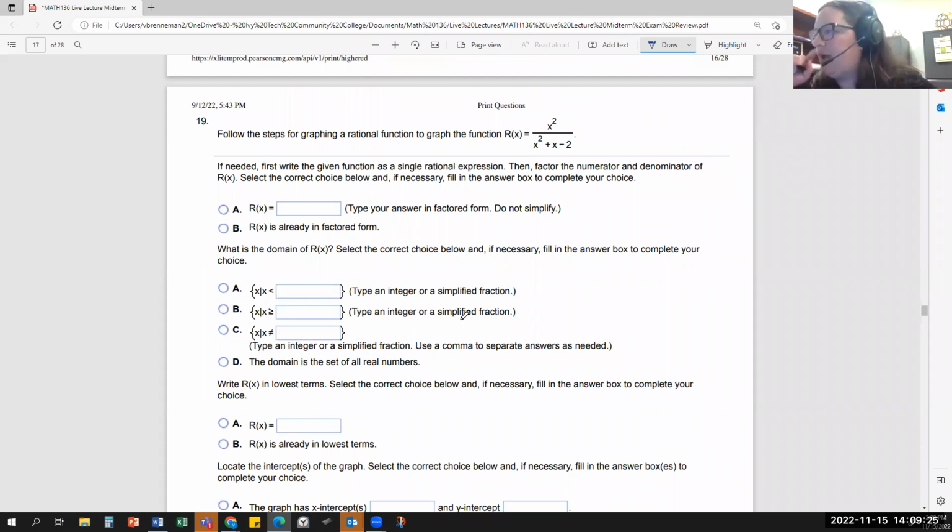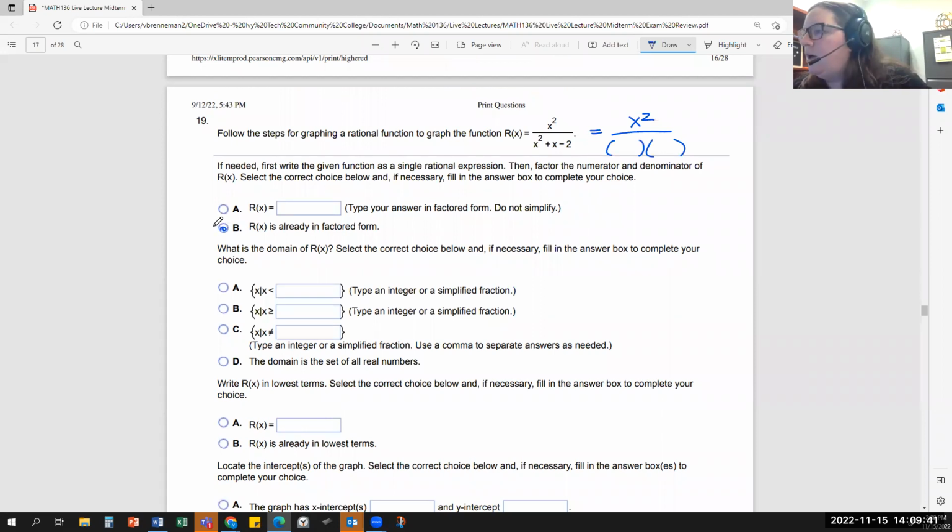So the first step is factoring. The x squared on top is already factored, so we don't need to factor it, but the bottom we can factor. That's the first thing to note: if it's already factored, then you would just choose that. You wouldn't retype it. But that's not what we have in this case. So for this factor, we can get a 2 and a 1, and that would be a +2 and a -1. Factoring is assumed throughout this course.